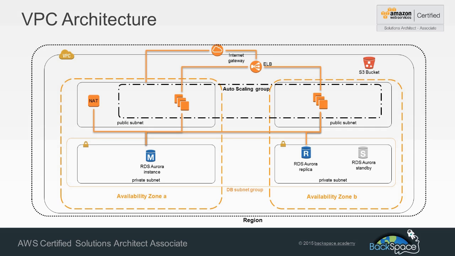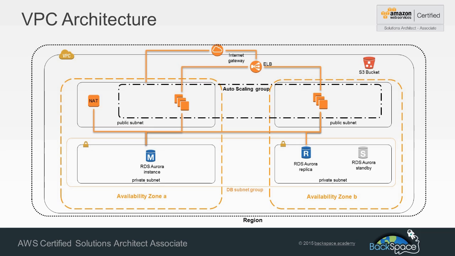The architecture that we'll be developing will be typical of what you'd expect from, say, a WordPress application or an e-commerce site like Magento. So we're going to start off by creating a VPC in a single availability zone with private and public subnets. We're then just going to expand that to a second availability zone and create a DB subnet group. Within that private subnet, we will create an RDS Aurora cluster, and that will be across